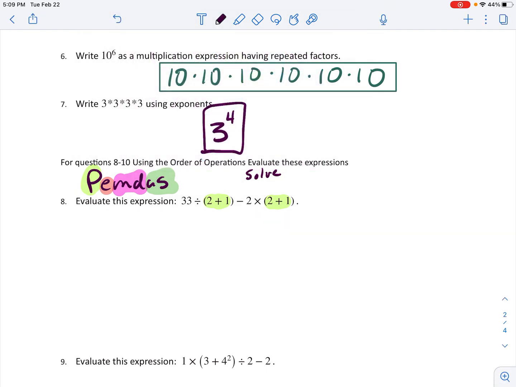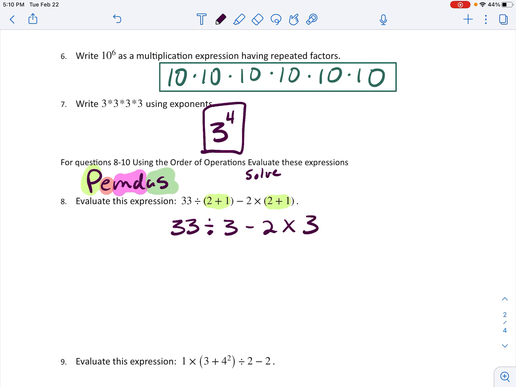Remember, it's very important to rewrite your problem because it'll help you out down the road, especially when you have super long problems, okay? It keeps you from getting confused, and it's very important to be organized. So my problem now turns into 33 divided by 3 (since 2 plus 1 is 3) minus 2 times